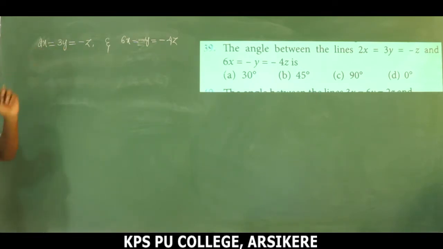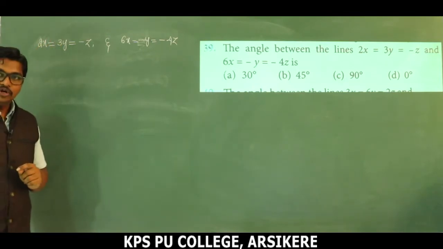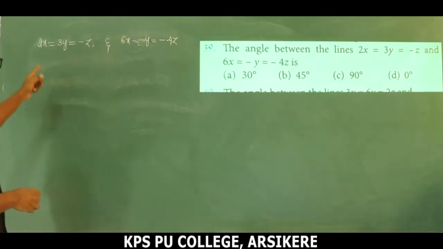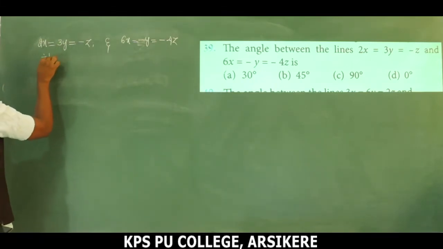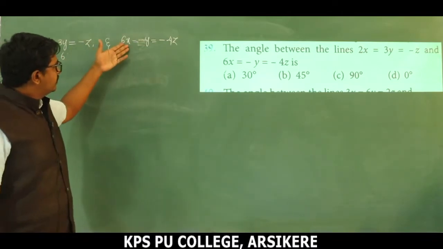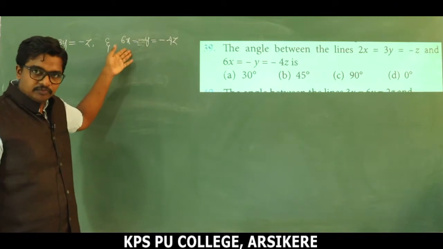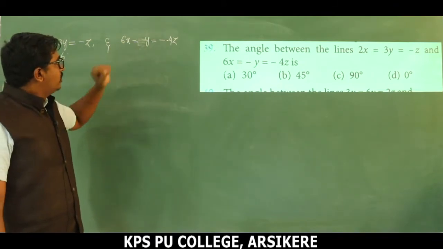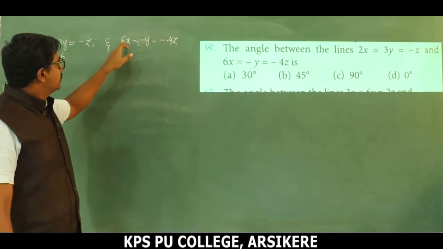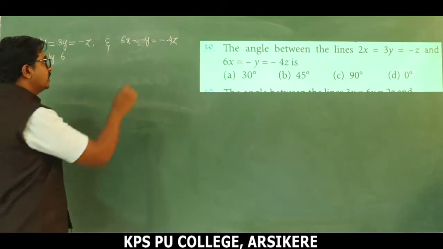If I divide these numbers by 6, the numerator left here is 1, right? Numerator is always 1. But here we have 2x, so divide by 6. For this one, x divided by 1 by 6 can also be written. So which common number do they divide by? 12, it divides by 6 as well as 4, that's why divided by